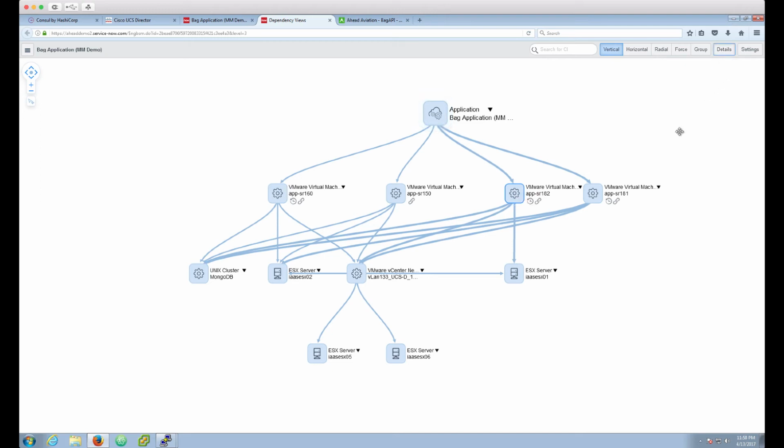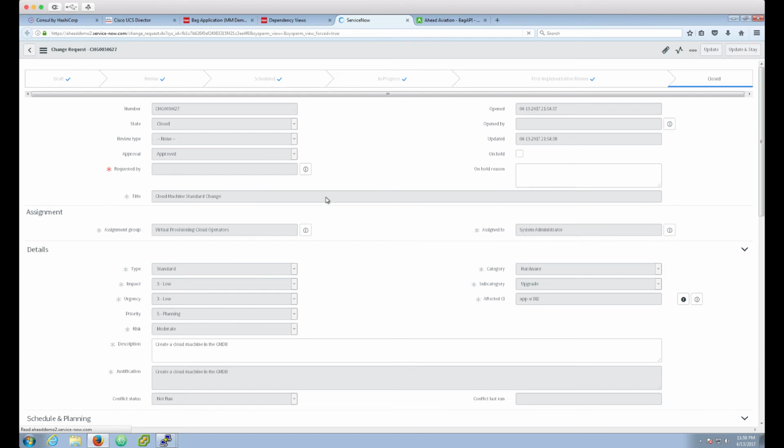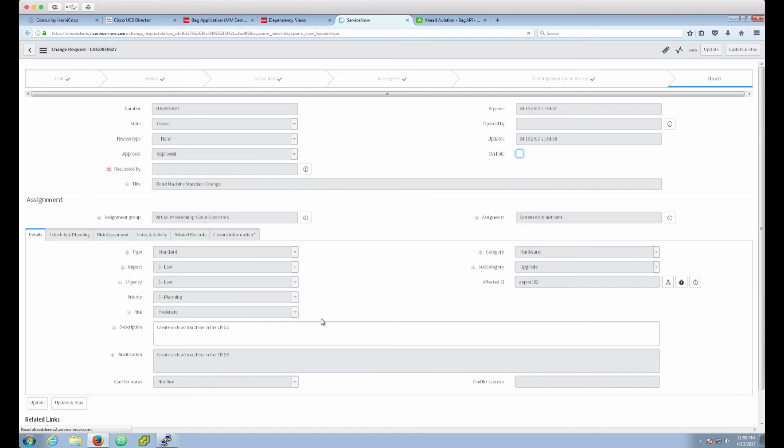So if we look at the details of what happened within this environment, you can see that there was a change request that actually happened, and it happened this evening. That's exactly what we just kicked off. And when we look to see a little bit more about that change request, we can see that, yeah, our cloud machine standard change actually kicked off and happened. What happened actually was a low impact change, and we added a CI,